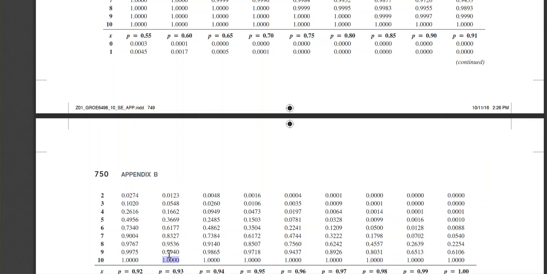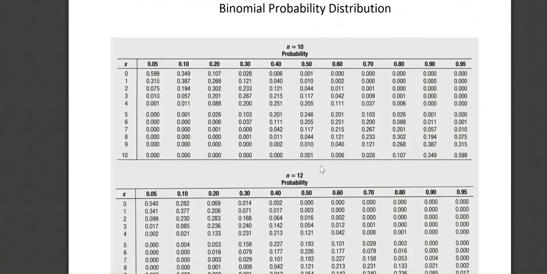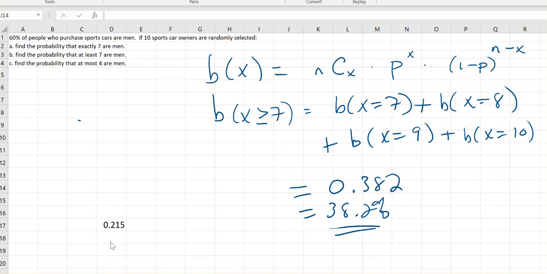So what I do is I subtract from 1 all of the numbers from 0 all the way up to 6. So if I subtract the cumulative probabilities up to 6, I'm left with just 7, 8, 9, 10. So I take 1 and I subtract 0.6177 equals 0.382, which is exactly as we would have done with this one by adding them all up. We can also use